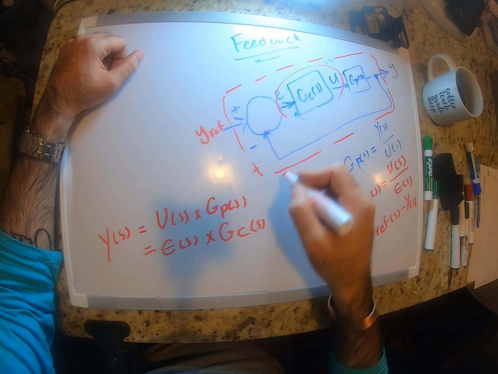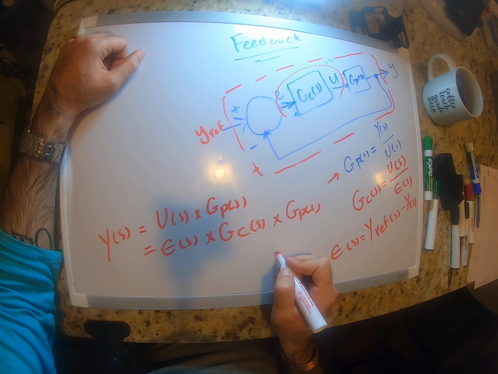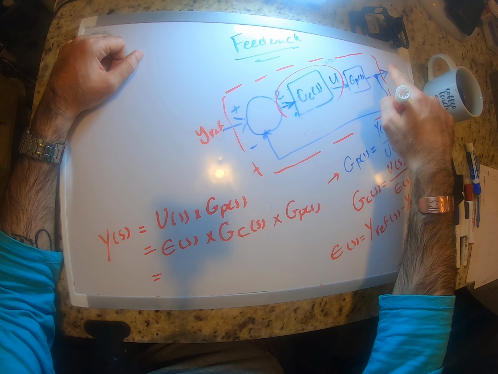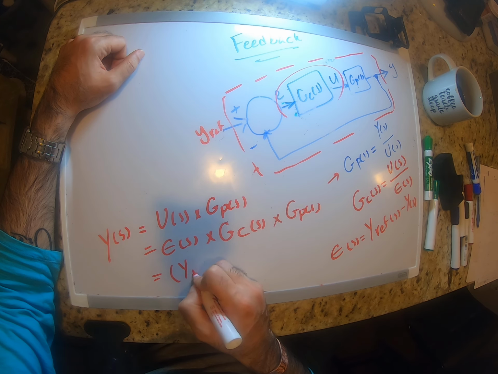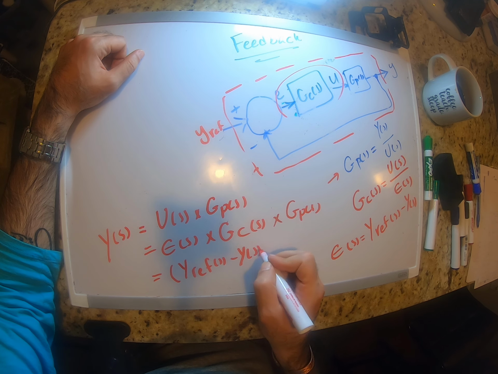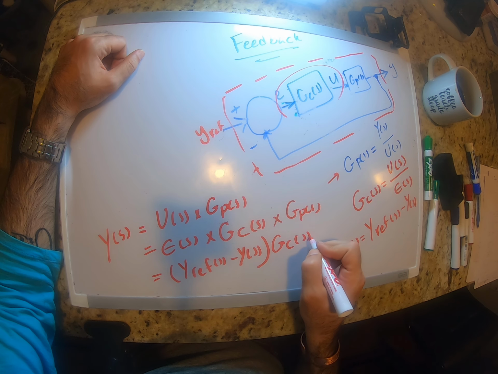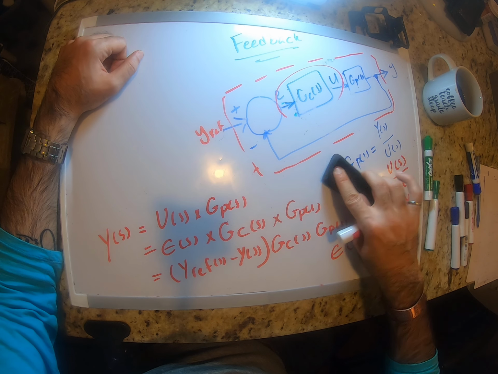From here. So we have another G_P of S here. Okay? And E of S is Y ref minus Y, so it's basically Y ref of S minus Y of S times G_C of S times G_P of S. Okay,